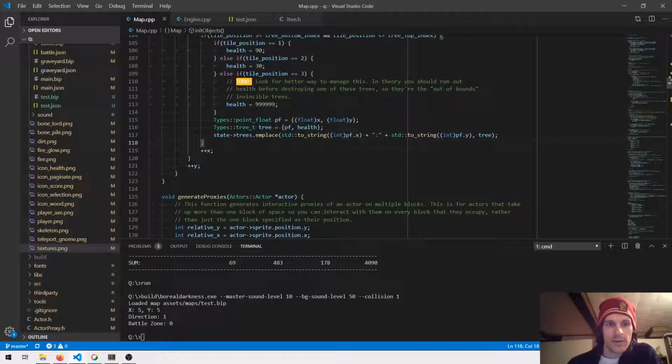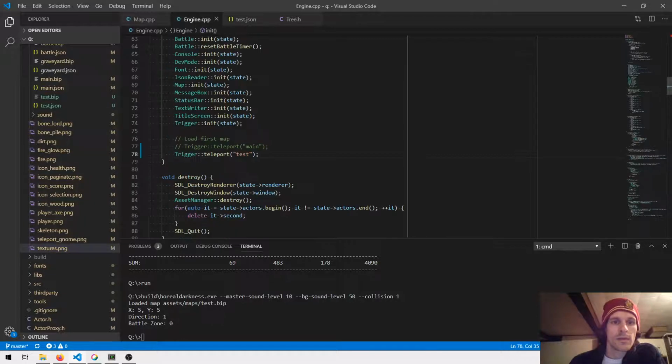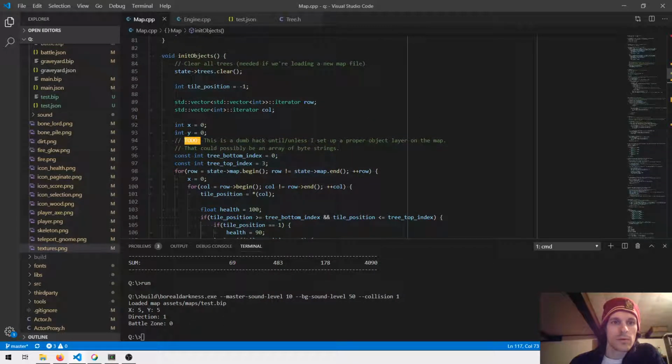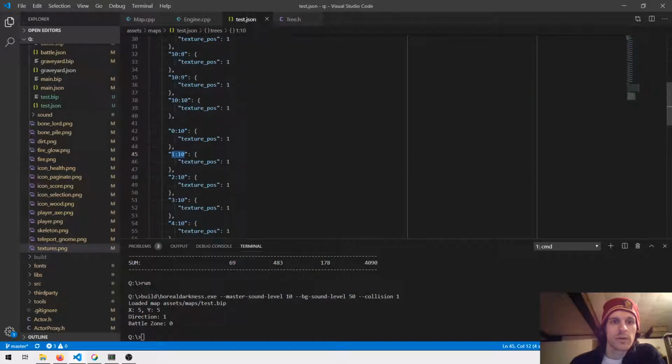So we're setting a float for the tree's position. So obviously as you move the map, that's going to adjust. And then we place that all into the tree's unordered map. And you can see here, I'm using that convention that I talked about where we get an int x and y value as the key, and that corresponds with this type of notation here. So essentially we want to take out, I guess, all of this nonsense, and instead of reading from layer 1, we just want to read from